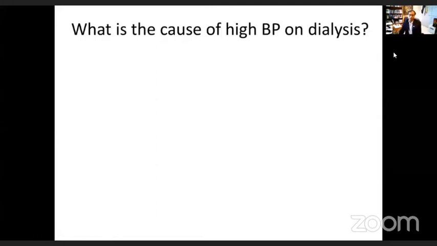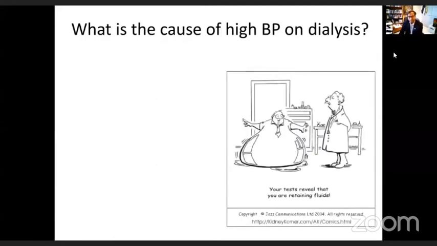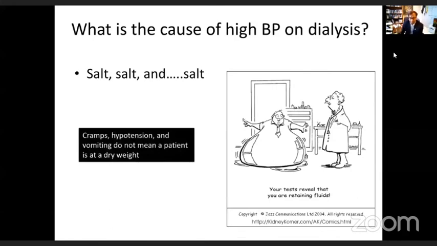So we talked about how to measure blood pressure, but what is the cause of high blood pressure? And it's all about the weight. It's all about how much weight they have gained. And it's not about water. It's not about kitna pani piye hai. It's about salt. Agar aap namak khate ho, to you become thirsty and you drink more water. So try to focus on reducing salt intake. And if you really reduce salt intake, then the weight comes down very nicely. Or if you're able to bring the patient down to their real dry weight.